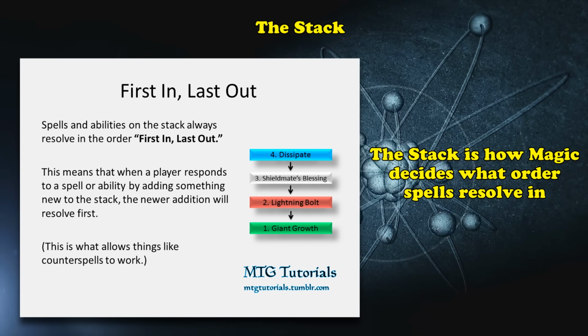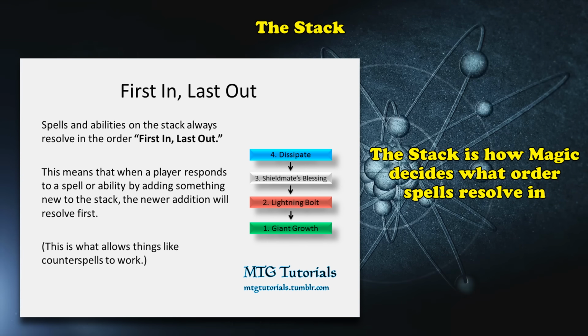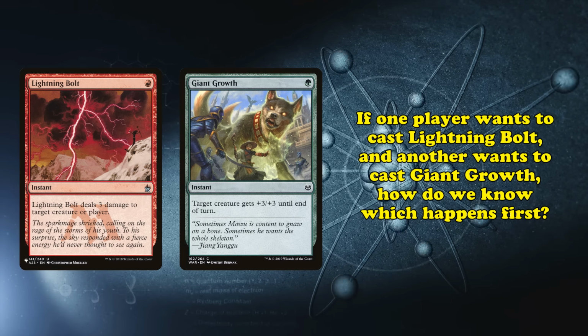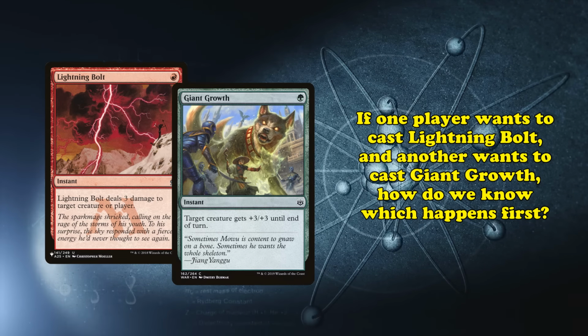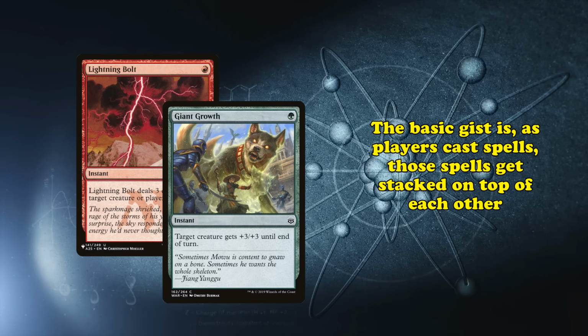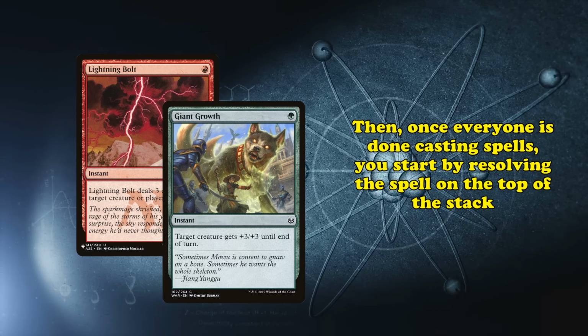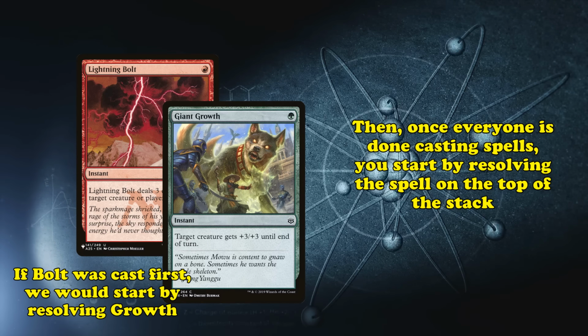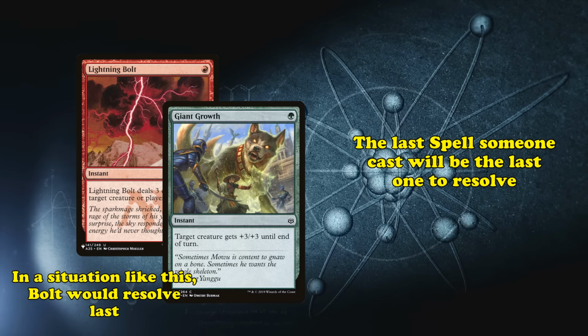The stack is how the game decides what cards resolve when. If one player wants to cast Lightning Bolt, but another player wants to cast Giant Growth, how do we decide which happens first? The basic gist is, as players cast spells, those spells get stacked on top of each other. Then, whenever everyone is done casting, we start resolving the stack. First, we resolve the spell on the very top of the stack, meaning the last spell someone cast is actually